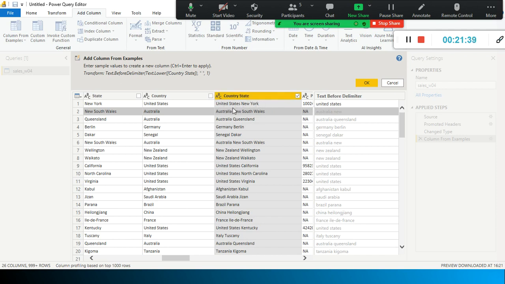Whenever I see data like this, I need to consider these two words, especially in the case of United States. Look here, when it extracted, it's kind of an artificial intelligence kind of thing. And you can see something like this: text before delimiter, text lower, country, state, comma, blank space, comma 1.